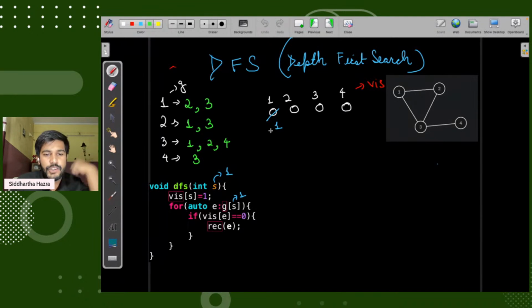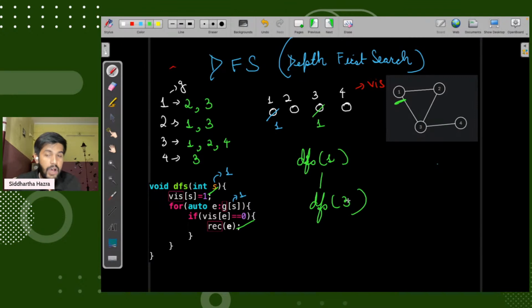So we visit this one. Then all the neighbors of one which are not visited, we would visit them. First, one is now visited. Then we go to three, which is not visited, and we would visit it. We would just pass it to the recursion. First we are doing DFS of one. The neighbor of one which is not visited is three, so DFS of three.